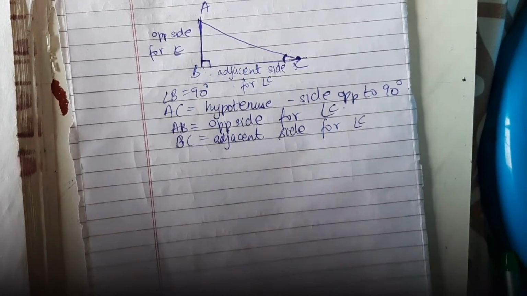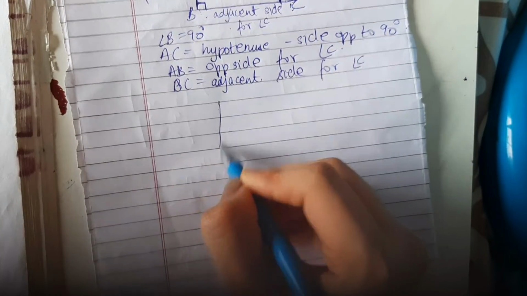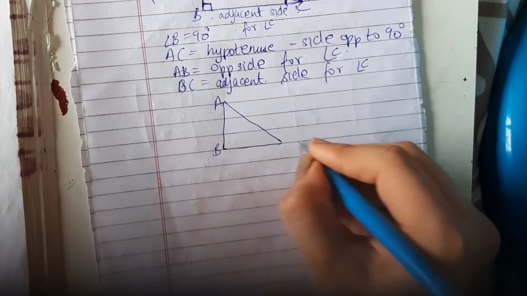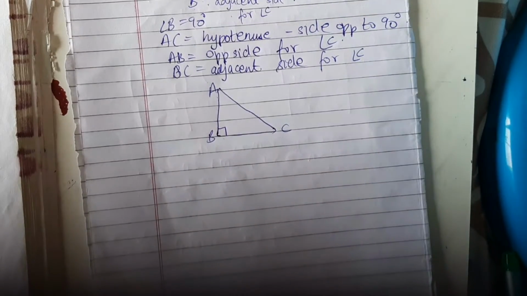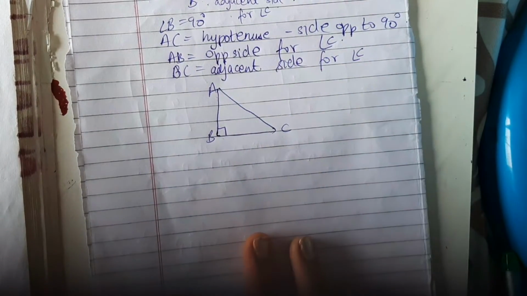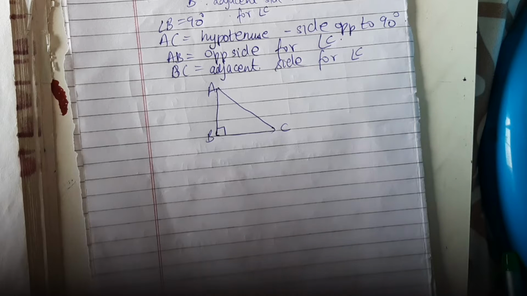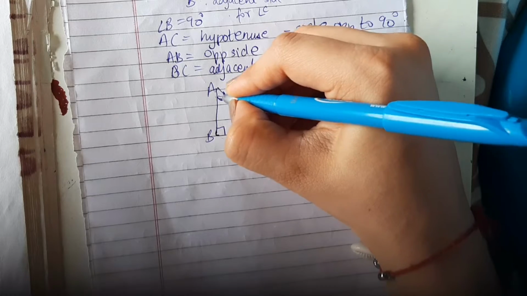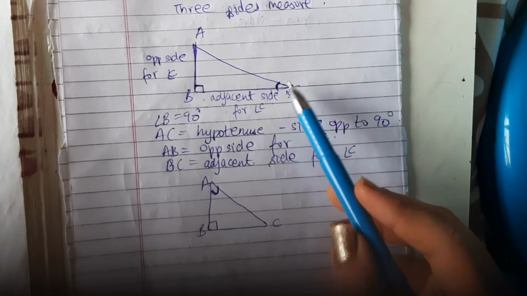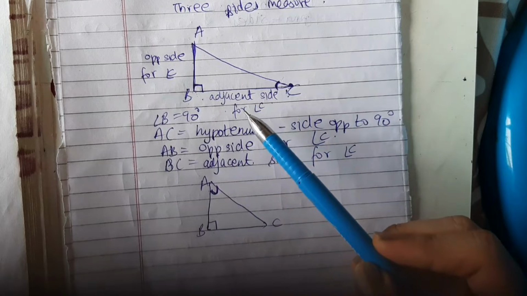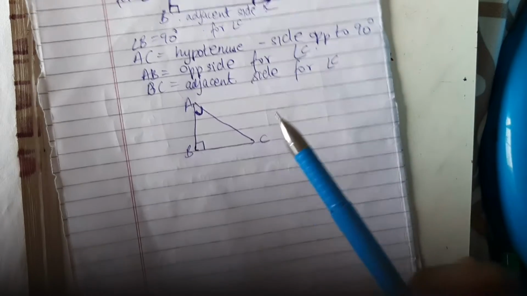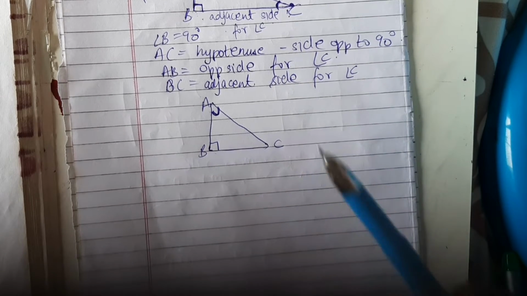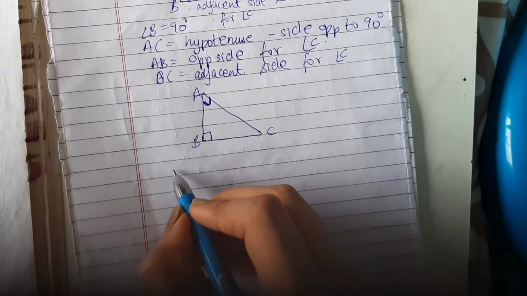Now what if we again have a right angle triangle ABC, and again B is 90 degrees. What is the hypotenuse, what is the adjacent side, and what is the opposite side? Here the angle is A, whereas before the angle was C. So that was the opposite and adjacent side with respect to C, but now the angle is A. I'll show you what it is.